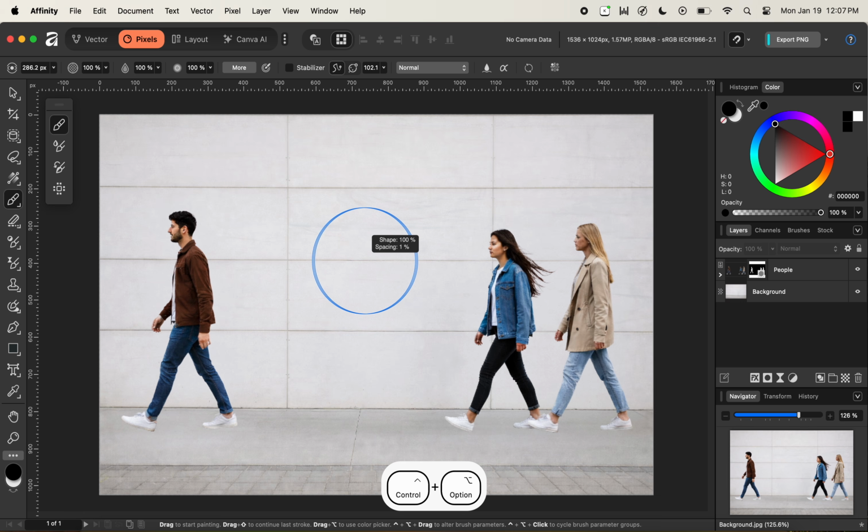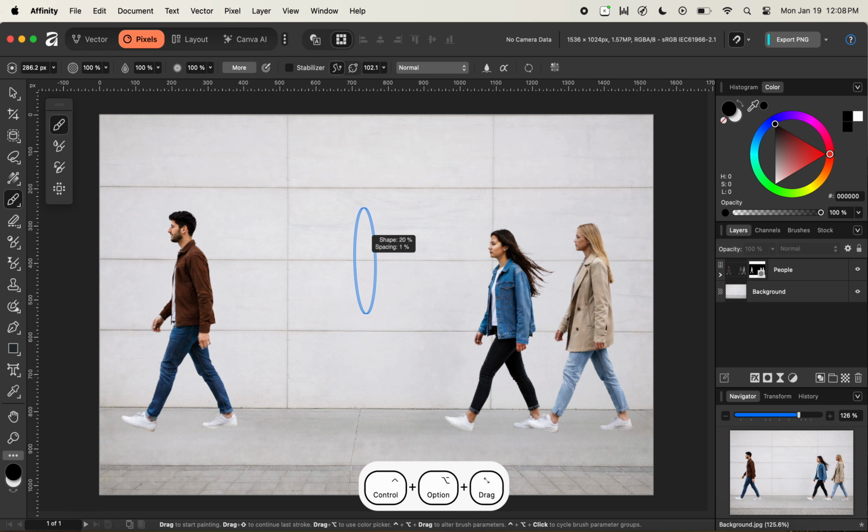So similarly, if we simply click and hold the left key on the mouse and then drag it all the way to the right, we can change the shape value. So as you can see here, the shape is suddenly changed. And if we simply drag the mouse, you can see that the value of the shape is starting to change like so. So we can simply drag the mouse to the right or left to change the overall shape of the brush by making it much narrower instead of a circle.